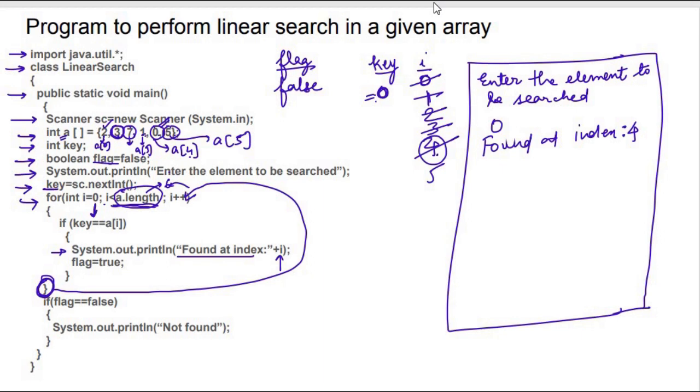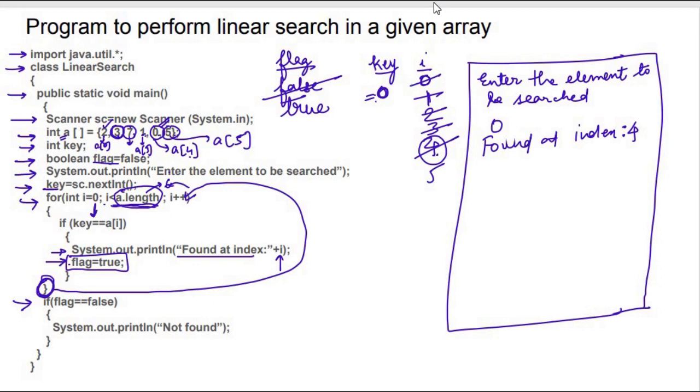तो उस for loop जब पूरा हो गया complete, तो हमारा program for loop के बाहर आ जाता है and out of the for loop we have if flag is equal to false. अच्छा, one more sentence is there inside if. What happens? Flag becomes true. जब हमारा element found हो गया then flag becomes true. So flag का value change हो गया, true हो गया.